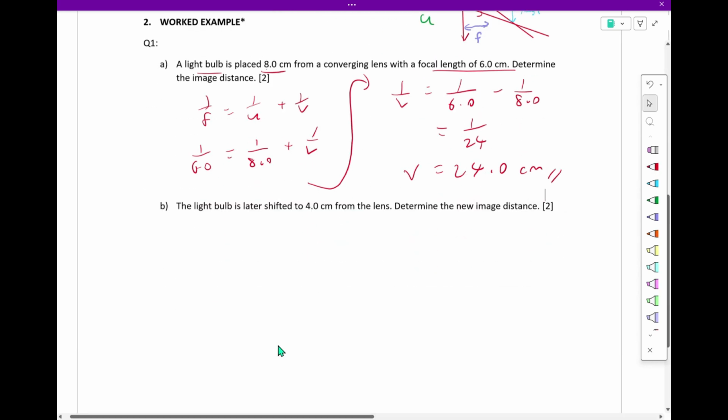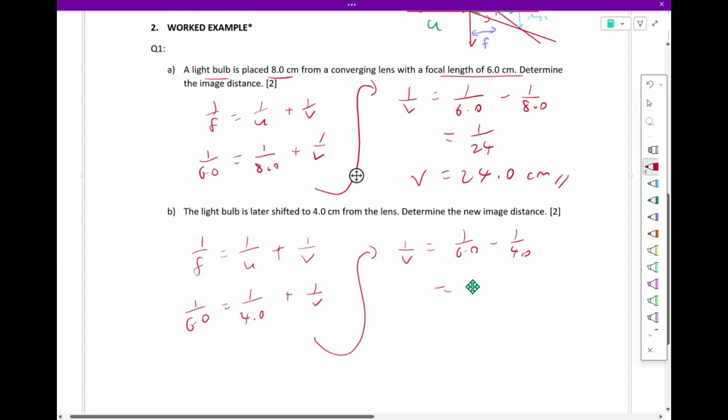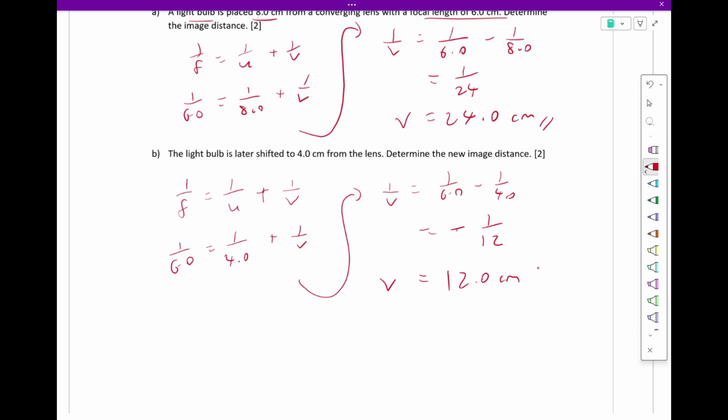Likewise, if you continue using this, you end up with 1 over 6, and you have 1 over 4, and you have 1 over v. So you do the same exact thing. 1 over v is now 1 over 6 minus 1 over 4. And if you notice, we actually ended up with a negative 12, right? Which means v is actually 12 cm on the same side